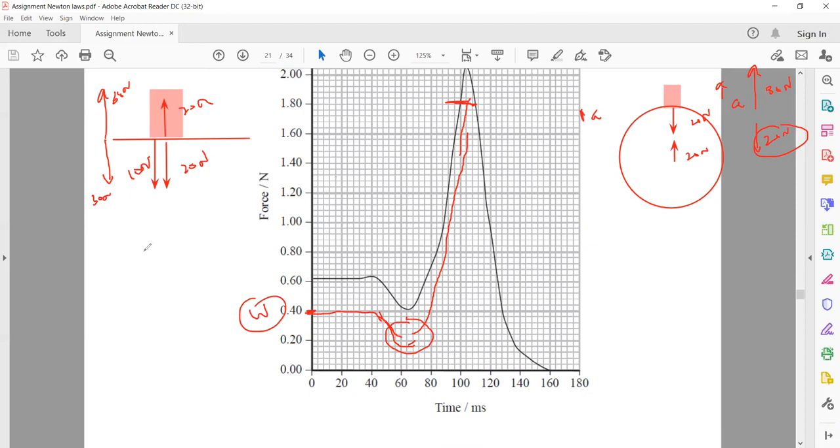So it's the same idea. That's how we are able to jump. We push the ground, the ground pushes us, and because the upward force is more than our weight, we accelerate upward. So the same thing happened. The bird pushed the ground downward, the ground applies an upward force, and that upward force by the ground is more than the weight of the